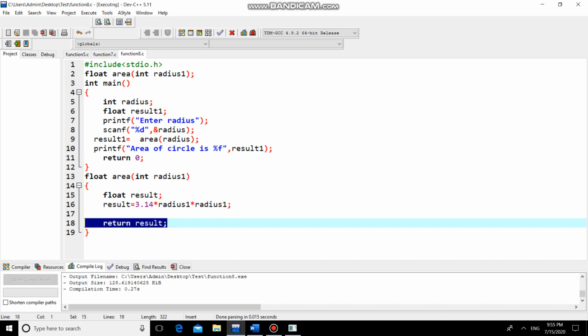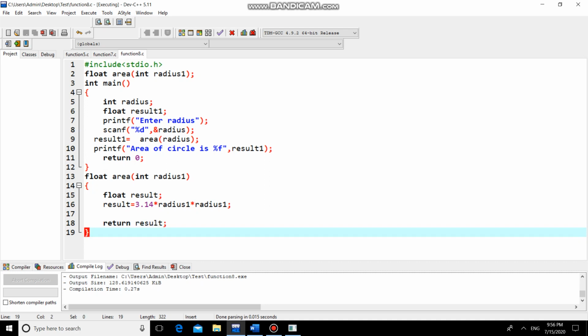So if your problem statement is swapping of two numbers, then in that case output will be two numbers. Getting? Final output will be two numbers. Suppose original numbers are 10, 20, and the output we want is 20 and 10. So in that case you want to print two numbers as output. So we can't use the function with return type category for swapping of two numbers, because we can't return more than one value at a time in C language with the help of return statement.